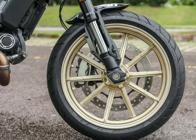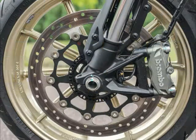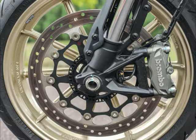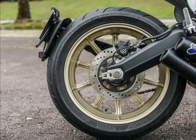From the styling perspective, the Cafe Racer ticks all the right boxes, with the Desmodromic V-twin at the heart of it all. Ducati says that air-cooled mill is Euro 4 compliant, and while we have no reason to doubt them, the price of emissions control is a certain lack of power. From its 803cc heart, the Cafe Racer delivers 73 HP at 8,250 rpm and 67 Nm of torque at